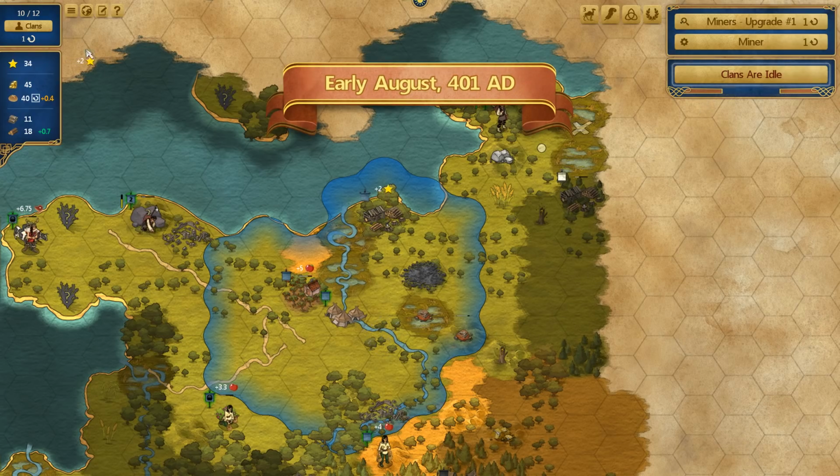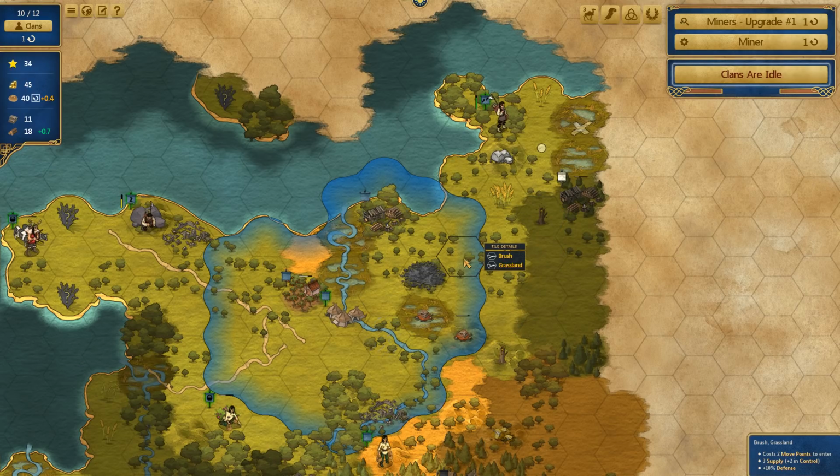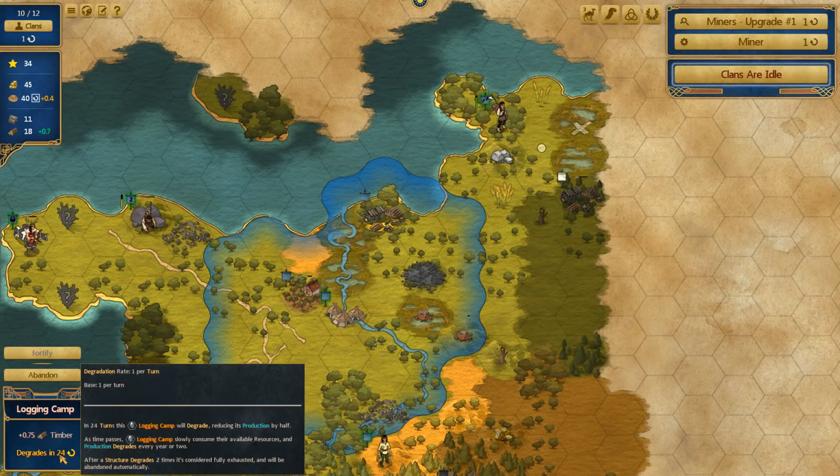And we're only 1 turn away from getting another clan too, so that'll help. All right, our logging camp's up and running. We're going to get 0.7 timber per turn, which is not really that great. But at least it's going to be 24 turns' worth of timber. And then even after it degrades, it still produces at half that rate for...